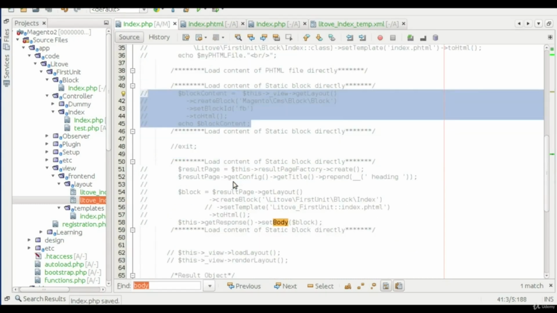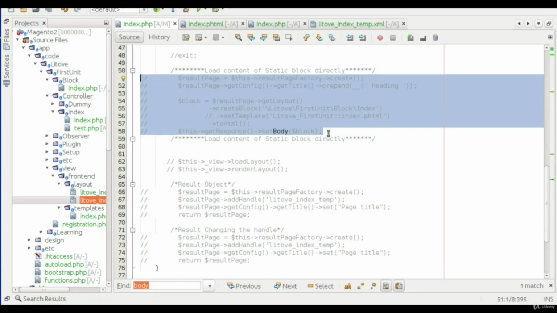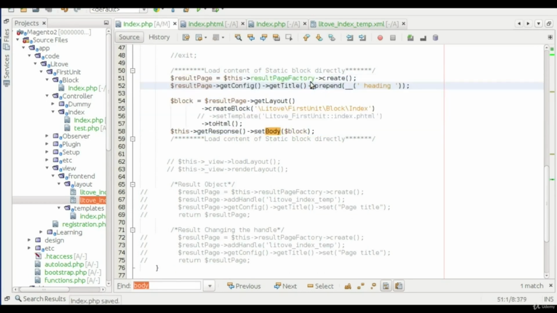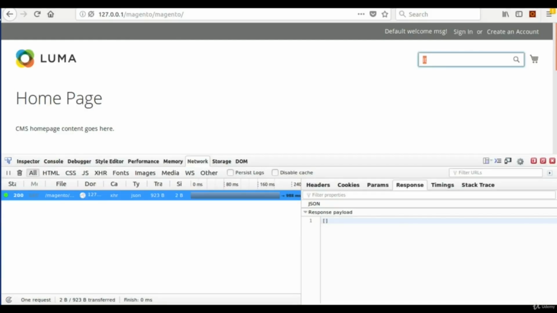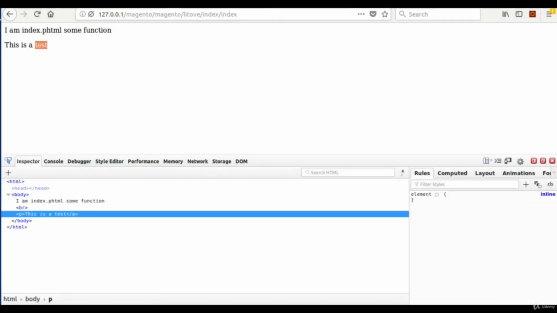Now we will be looking into one more complicated thing, that is, using your result factory, passing your heading or setting your title, creating a block, but finally returning your data as a simple output, not the whole bunch of content, like you have this front area, you have this bottom bar. You don't need that. So what you can do is,